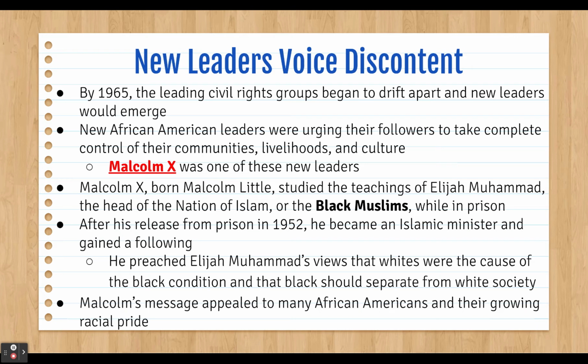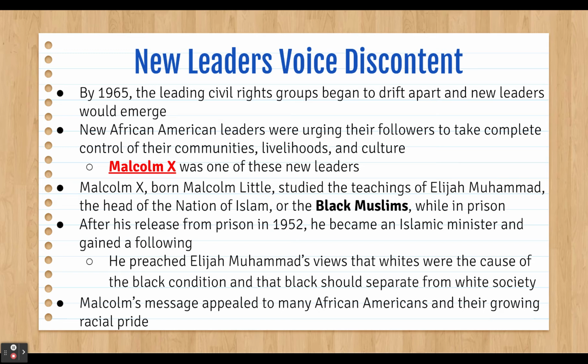And so he had changed his name from Malcolm Little. He had seen Little as a name given to his ancestors by slave owners, and the X represented his rejection of that. After his release from prison in 1952, he became an Islamic minister and gained a following. He preached Elijah Muhammad's views that whites were the cause of the Black condition and that Blacks should separate from